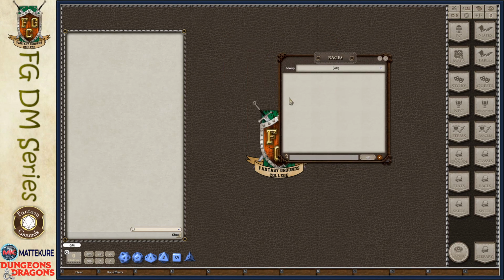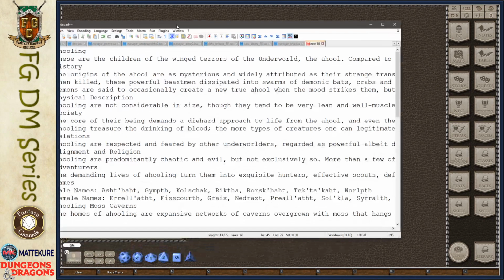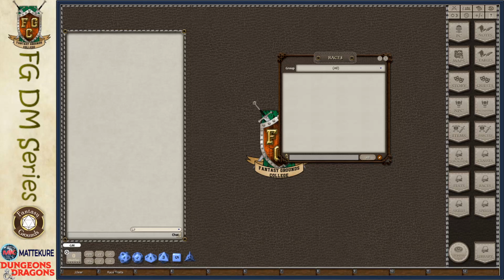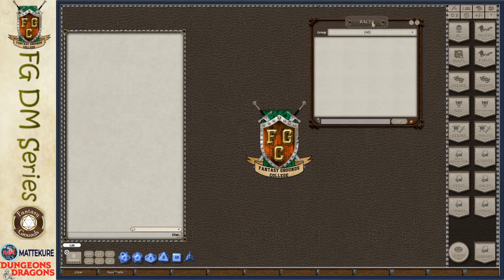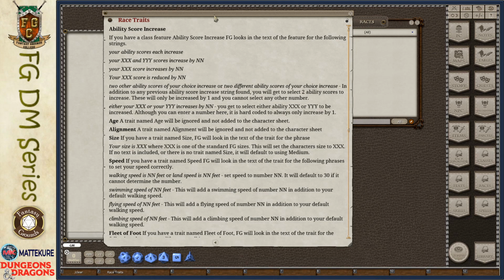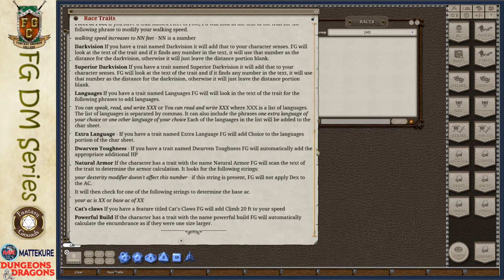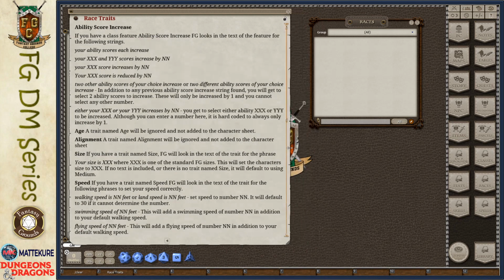I've already prepared my text. You can see here Notepad++, formatted it for easy import into Fantasy Grounds. Also, if you watched my previous video on feats, one of the things that I talked about was how Fantasy Grounds will attempt to parse out certain types of features, certain types of information, and automate that.